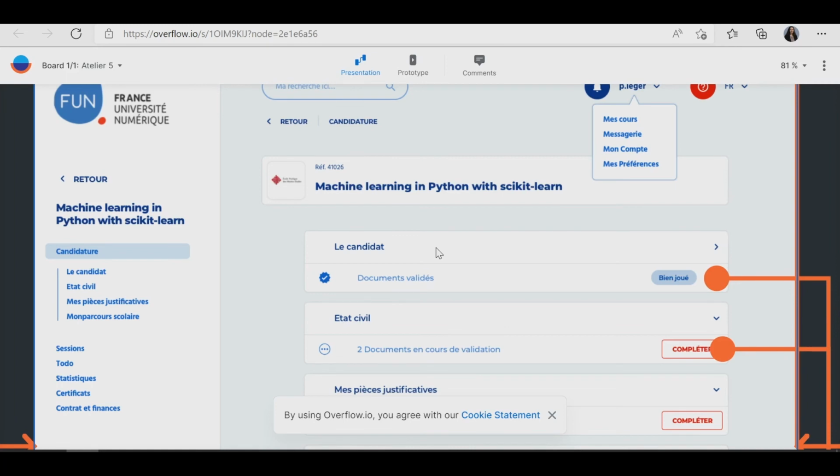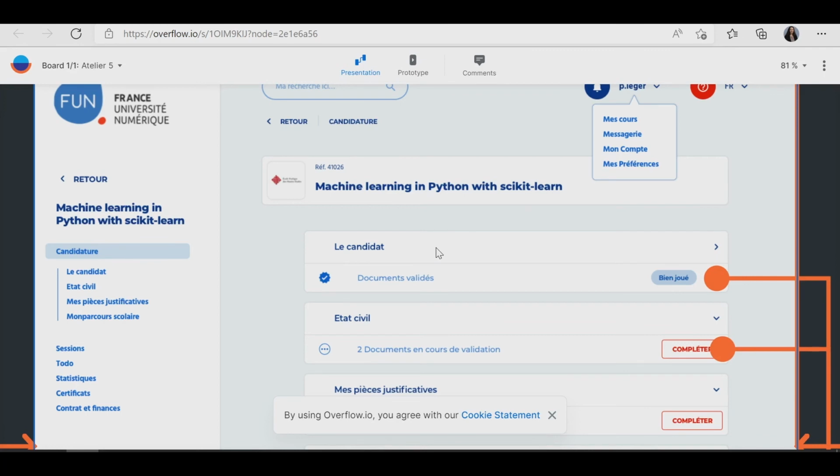So here is the application form when you complete the section, and then when the application form is completed, you can submit the form. Then a course leader will receive a notification, can review the form, reject some parts, and you just have to update this part to